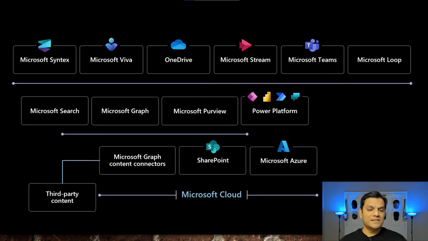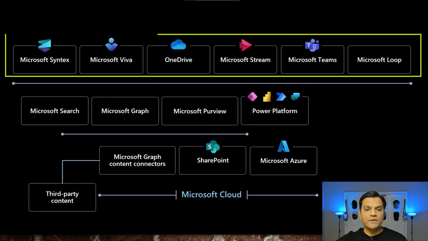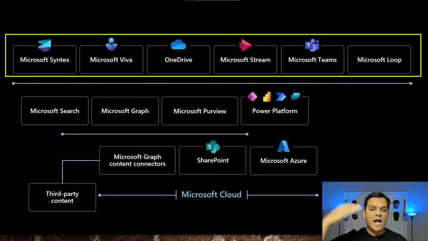which actually makes sense because I love this one slide deck which was showed, is that granted SharePoint is part of the Microsoft Syntex, like I call Microsoft Syntex is powered by SharePoint, but Syntex is so much more than that. And therefore it falls on the top level, the top service, and that top service is powered by Microsoft Search, Microsoft Graph, Microsoft Purview, the entire Power Platform, and then that sits on these other services such as Microsoft Graph Content Connectors, SharePoint, Microsoft Azure, and then so on and so forth, which basically sits on top of the Microsoft Cloud. So as you can see, this slide deck over here